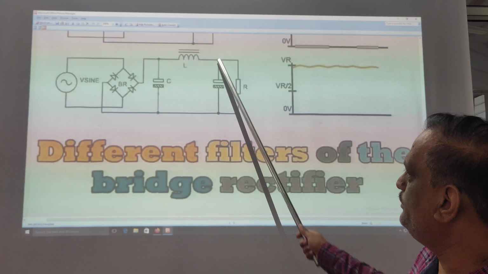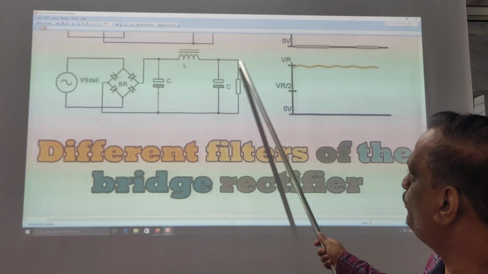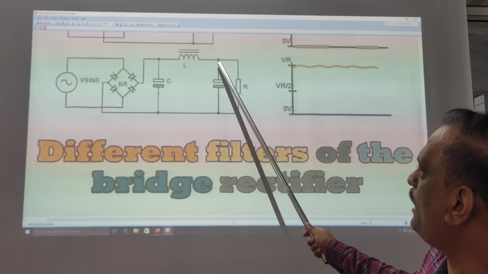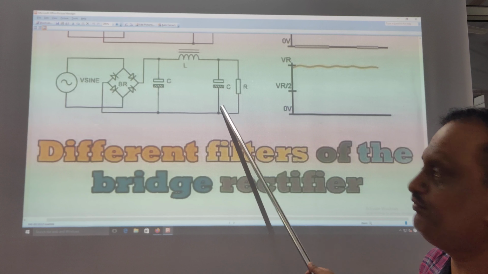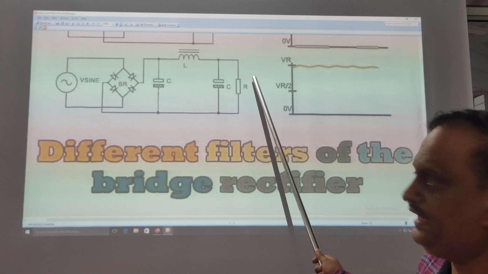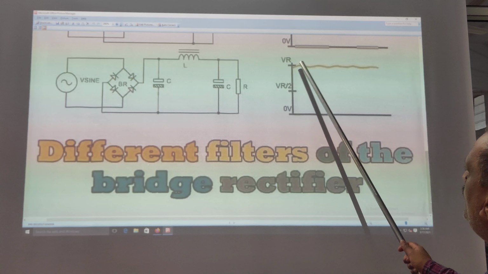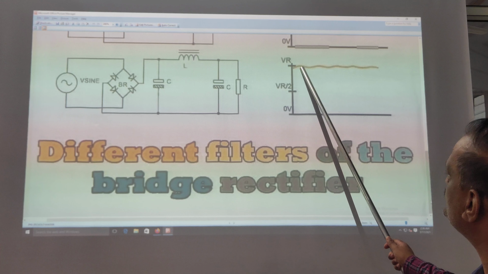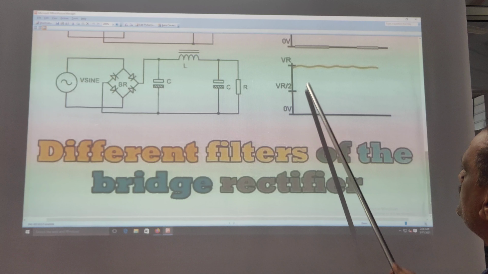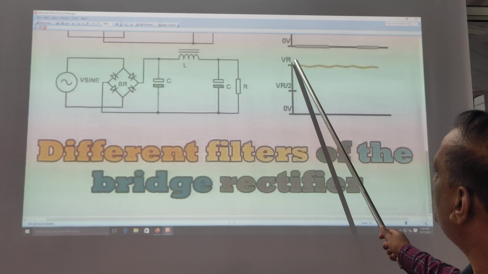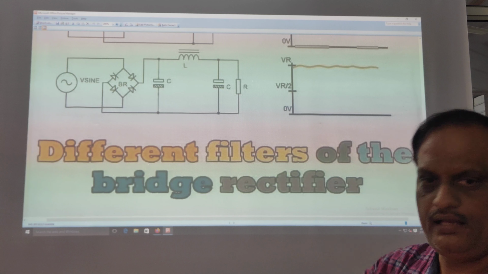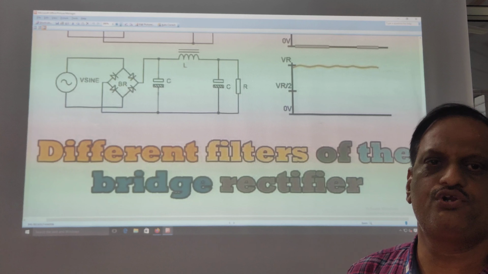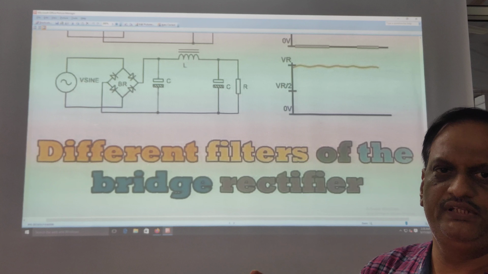Again, whatever DC voltage there is will be blocked by the second capacitor, and since the load resistance is parallel to the second capacitor, whatever DC voltage appears across this capacitor will come across the load resistance R. And hence you can see here the average value of the output DC voltage will be increased. You can measure the output voltage from this point to this point. So the output DC voltage will be increased and it will be nearly the same. If you take the average of it, it is nearly equal to a straight line. That's why we always draw the DC voltage as a straight line.